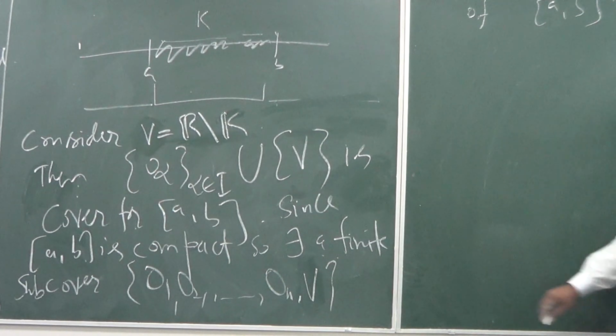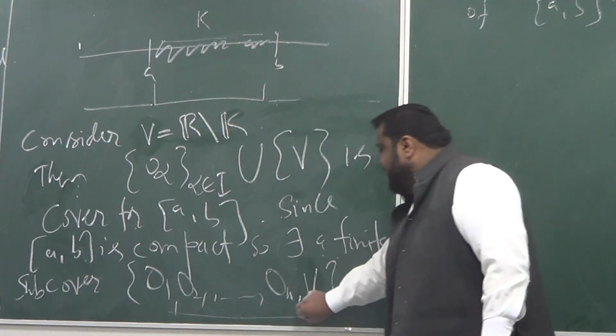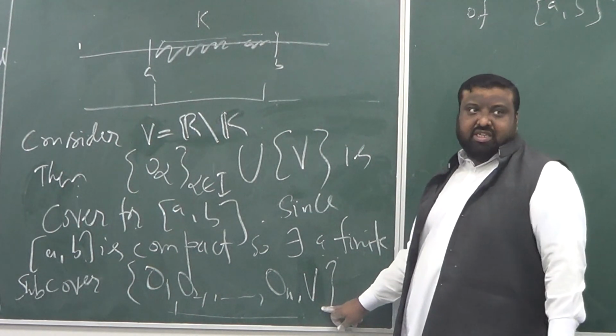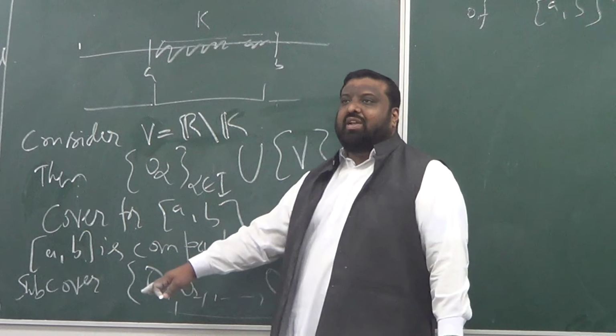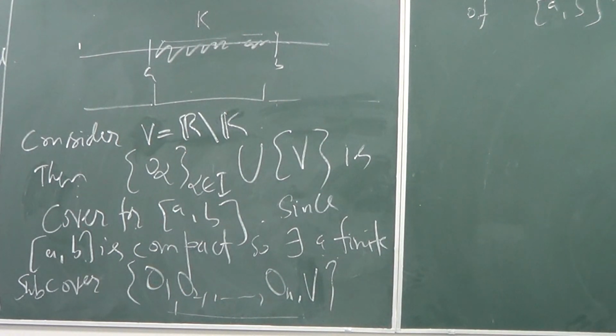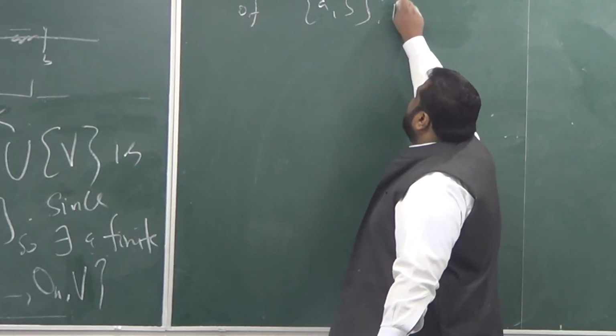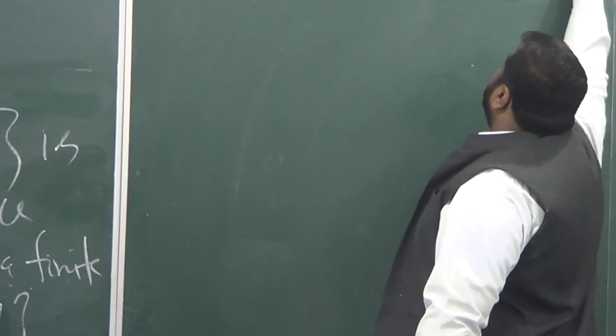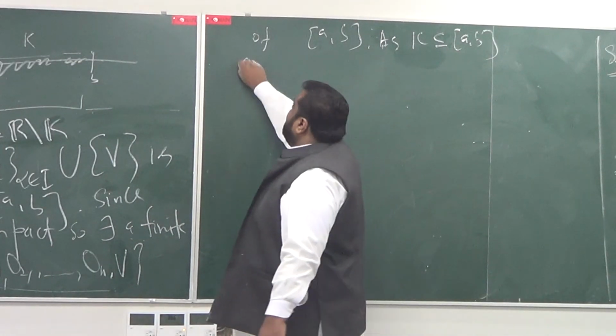It's finite because these are n O's and then one more, that's n plus 1 open sets. So in total we have n plus 1 open sets that cover A to B. Okay? A cover of A to B. But the same cover, as K is included in A to B, okay? So the same